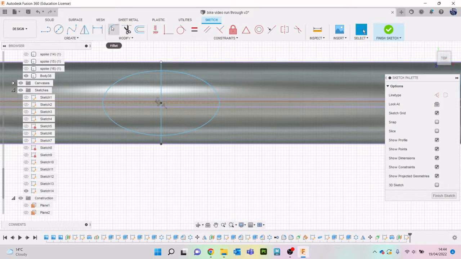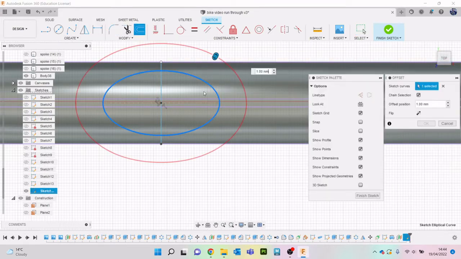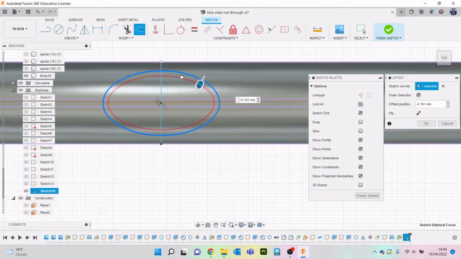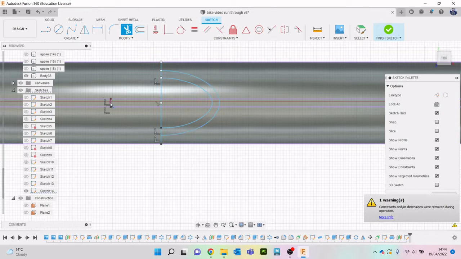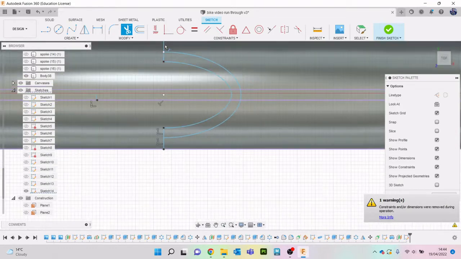Like that. Okay, then let's offset that inwards. Like that. Then let's trim. You don't need to trim these, but I like to have neat-ish looking sketches so I can see how it's going to look. And then let's